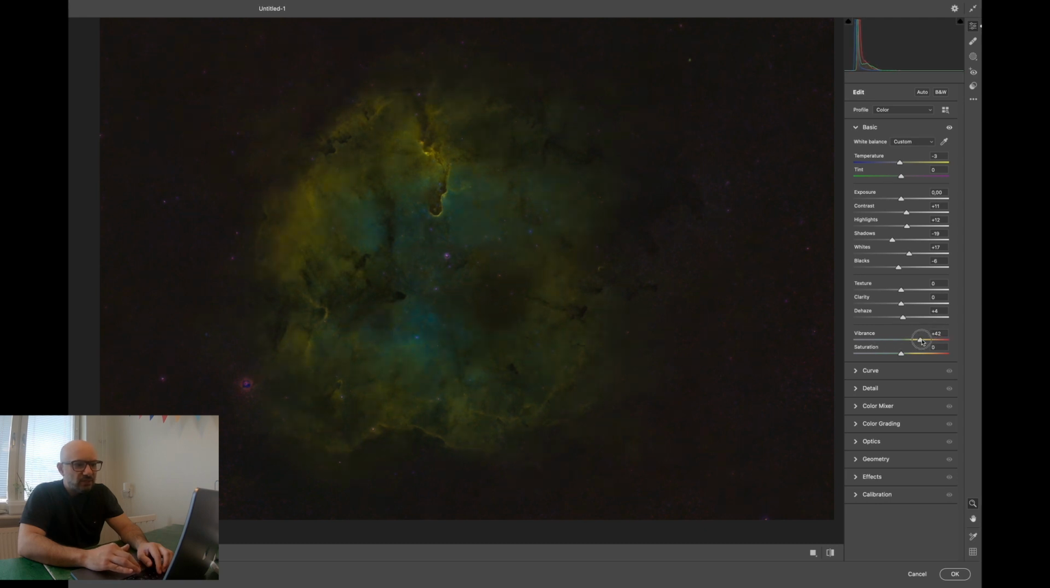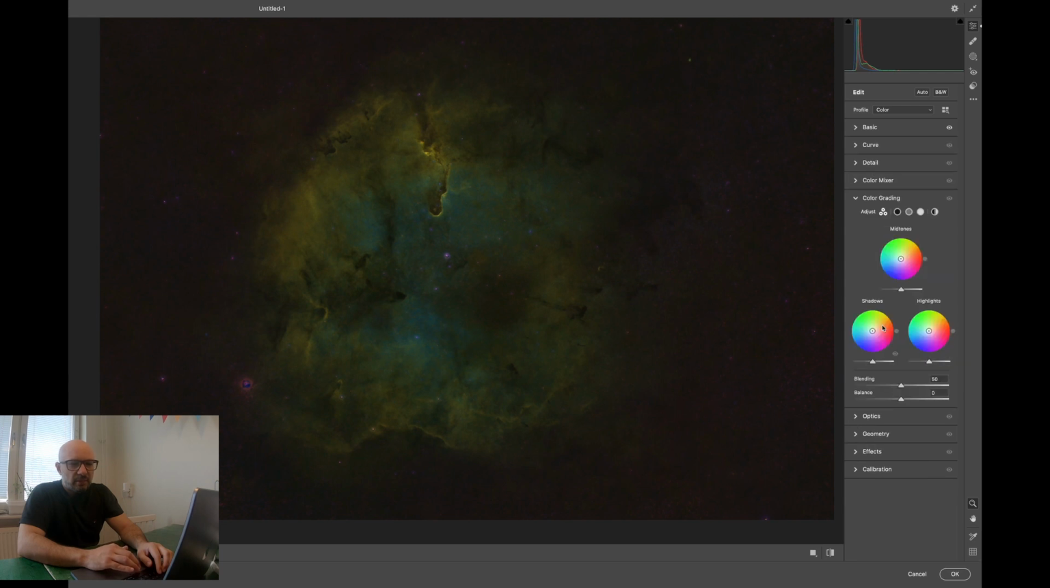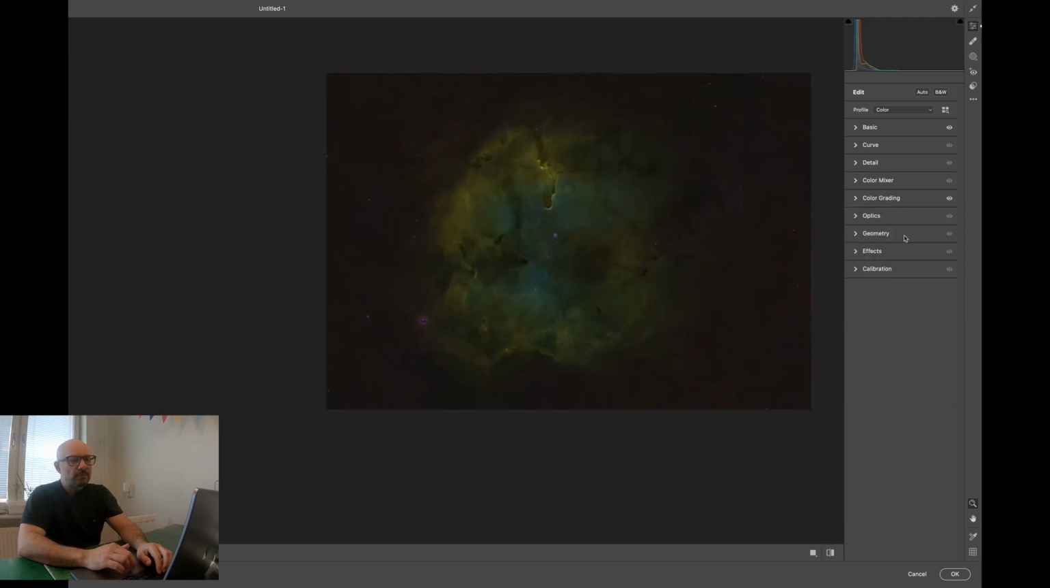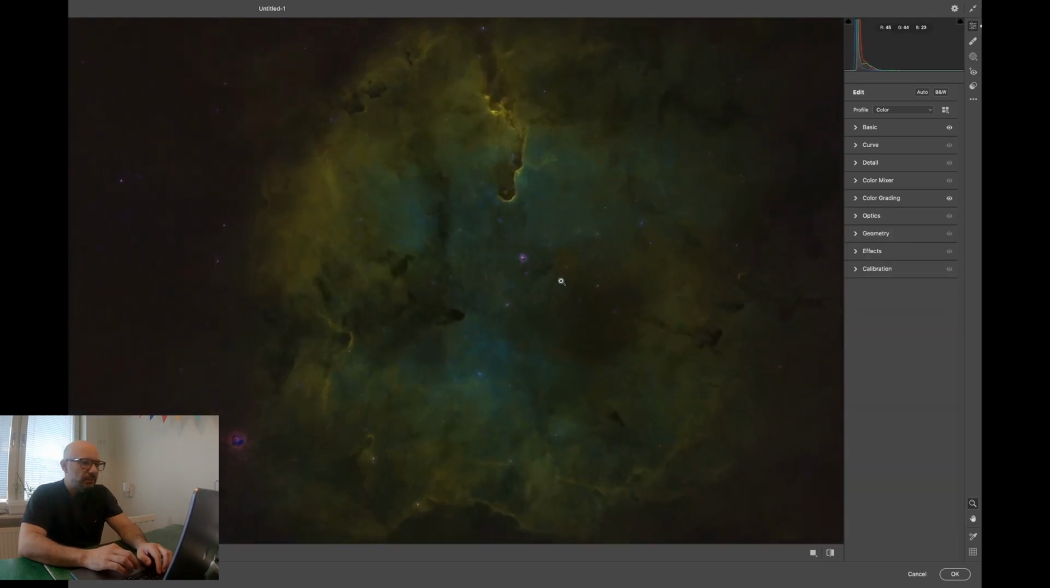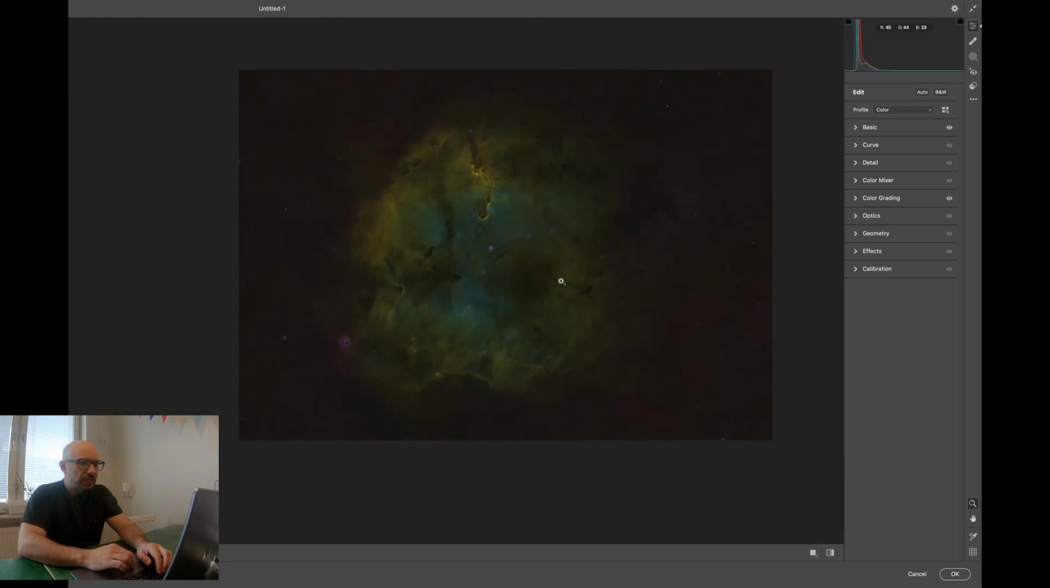Vibrance and saturation is not being touched by me at this point because I did all the adjustments from the color adjustments layer. And then even maybe some additional tweaks for the background, like going into the shadows and just trying to go towards the blue cold side to make the black background more black, basically. Yeah, all right, so here we are, and this is a good place to add the stars and do some